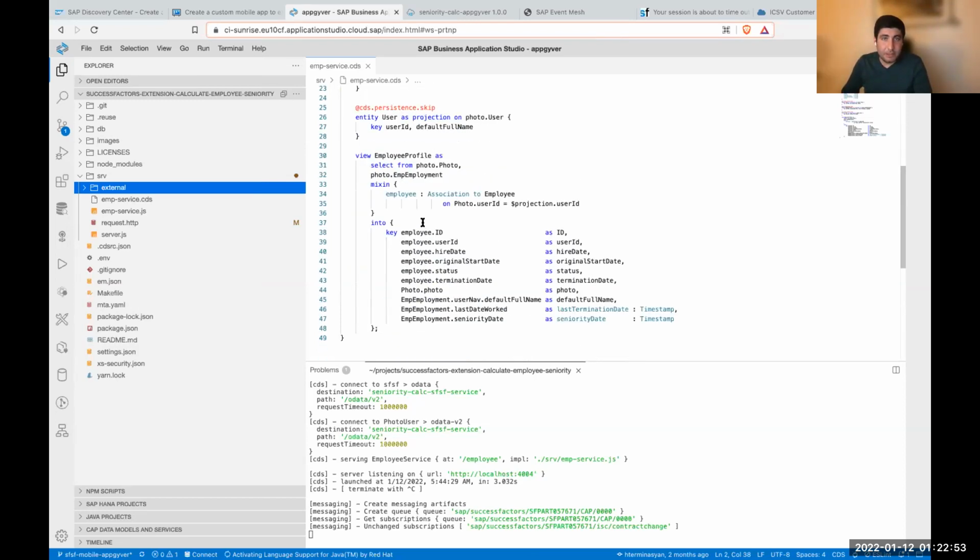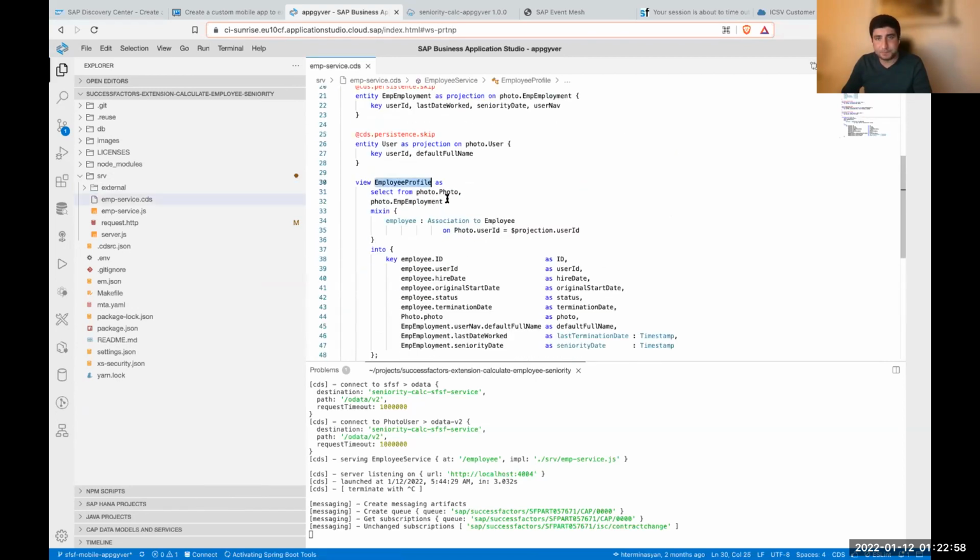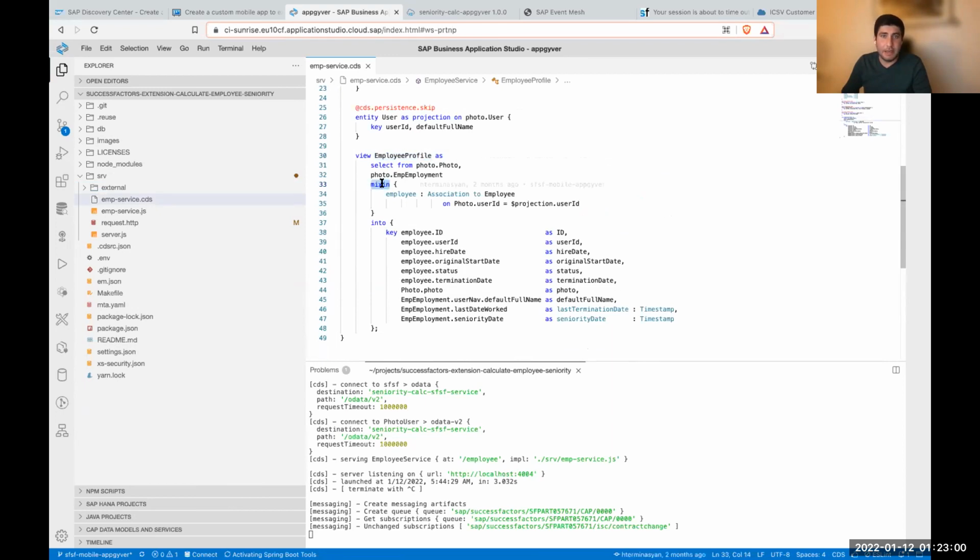And last but not least, we have the so-called mix-in employee profile, which is basically combining our local persistence entity with the remote one. We are creating a little association here. So this is going to be our final entity, which is actually used by AppGyver, enriched with all the information we need, combining the photo information, the user information, seniority, and so on. Yeah. So if we look here at the